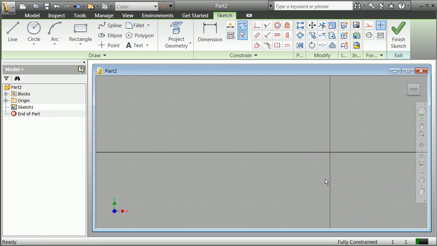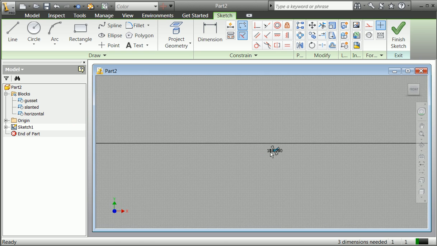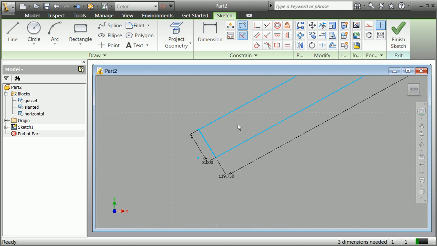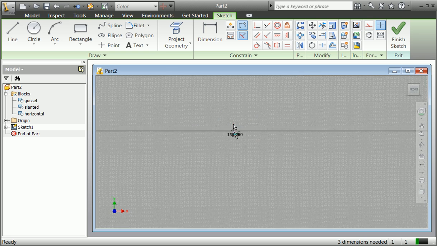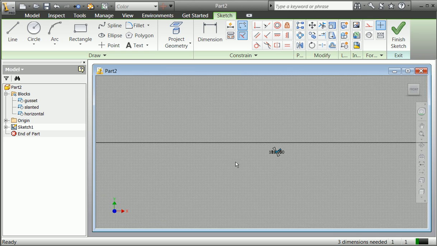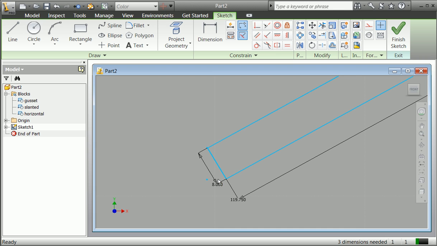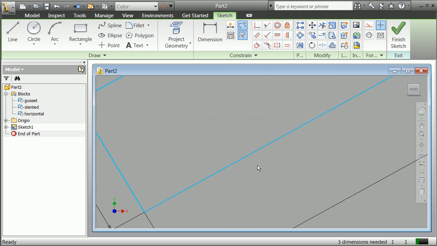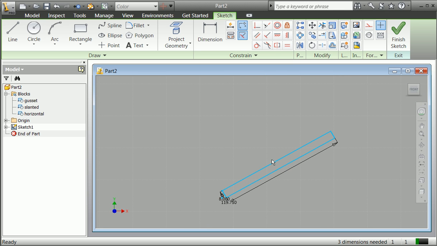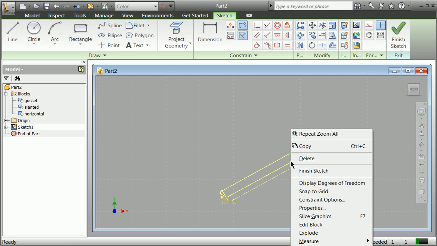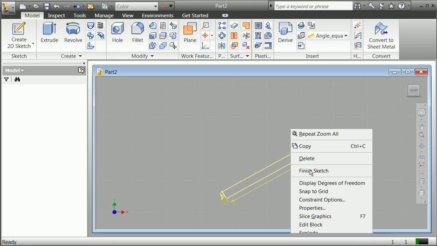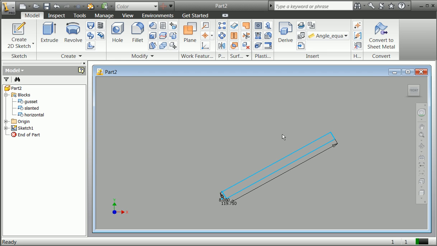I'm deleting. Once again, now I can go to the blocks and pull in the slanted. I'm going to zoom in here again. You can see that all of a sudden those distances. And what's beautiful about this is that point there is going to carry around for later. That's carrying around in the sketch, which we've got here drafted. We're going to right click, finish sketch, right, and hit